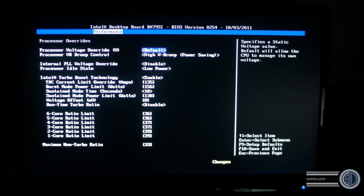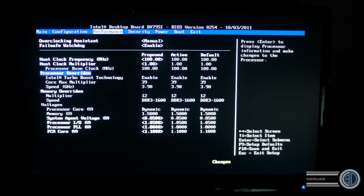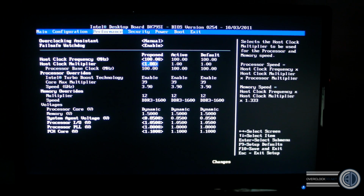Generally what we normally do with a lot of these is we turn the speed step off, we would turn the C1E off and everything like that, the EIST, and then set the core speed with the multiplier, so that you get a static clock. A lot of people do still like, for power saving, for the speed step to still be on so it runs lower when it's not needed, but for a lot of us we just set it so that it's a stable manual clock. But the thing that's different with Sandy Bridge E is